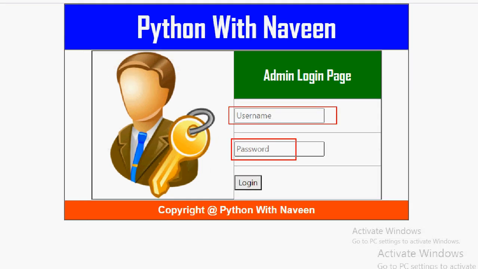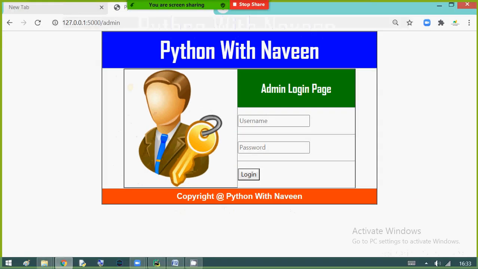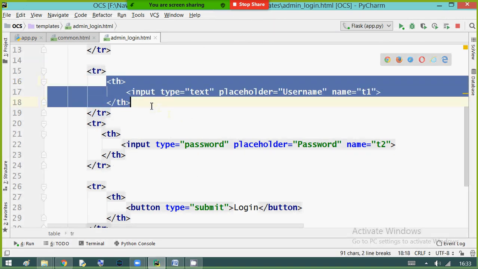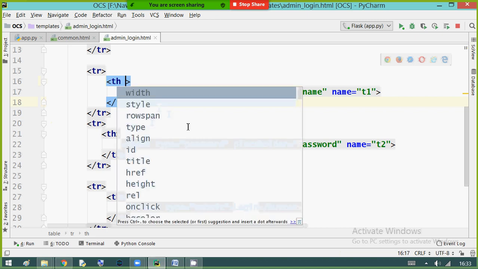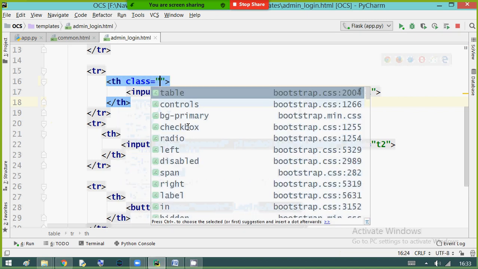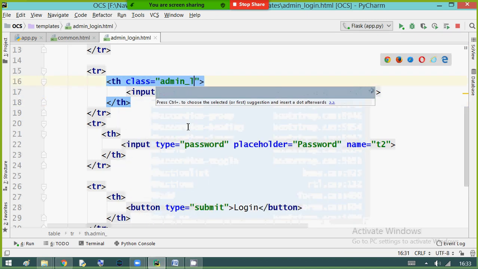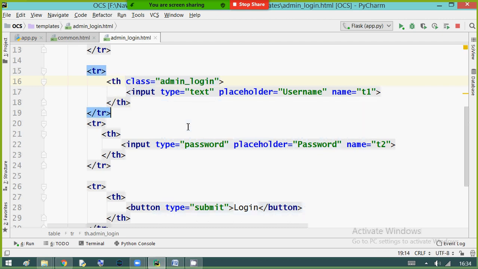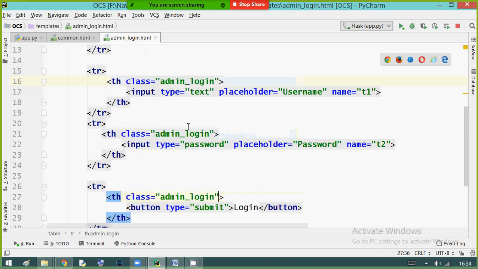I want to arrange this field also into the center. I want to arrange the button also into the center. So for that I'm giving a common class name for the table header, class like admin login. The same class I'm applying for username, password and button, for the three columns.